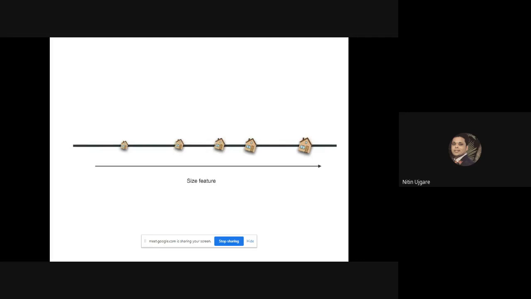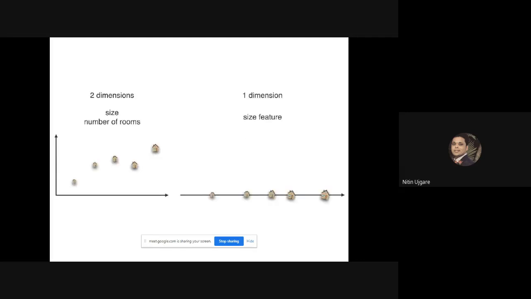So what is the transformation function? The linear transformation function, then eigenvectors and eigenvalues, these are the topics to be discussed, which we will probably discuss in tomorrow's lecture. If time permits, I will finish it in today's lecture as well. So the number of dimensions, earlier it was 2, size of the house and the number of rooms, and we have transformed it to 1 dimension, that is the size feature. So size is the only feature. This projection line gives me the size feature.